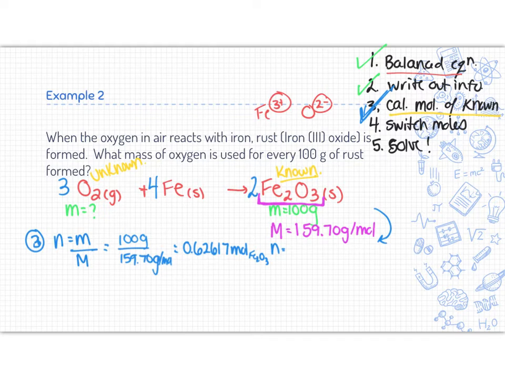Now, to be able to talk about information about oxygen, to go from one compound to another in an equation, we need to use our mole ratio. So this is how we're going to switch moles. We're going to go from moles of iron 3 oxide, which we just calculated, to moles of oxygen. Again, this is using our mole ratio. This is step 4. So we're going to take our just calculated value,